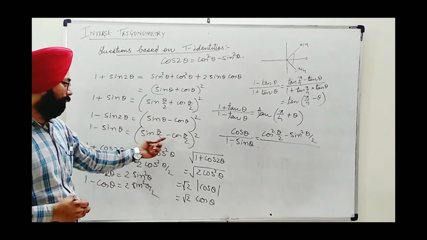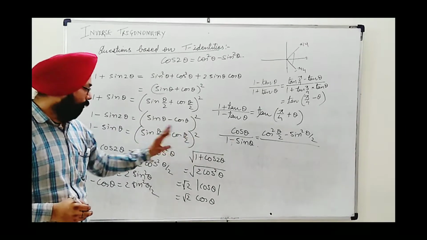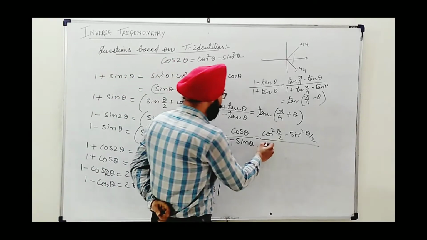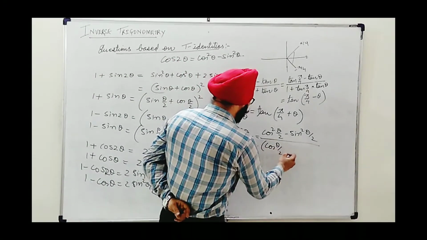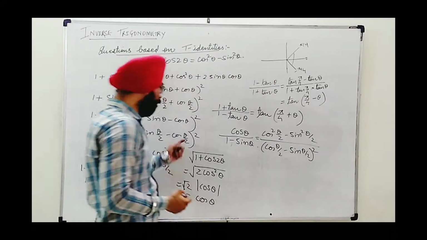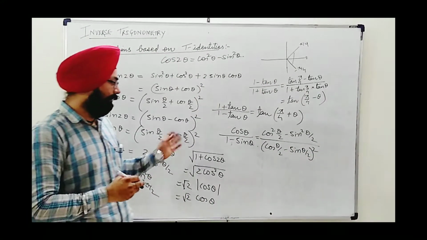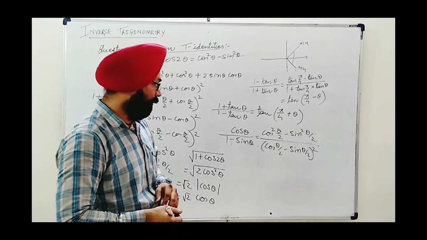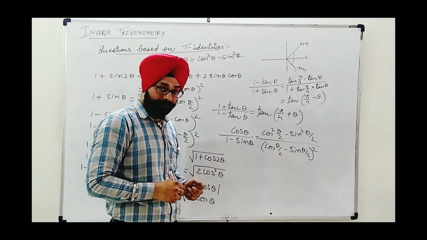So it is sin theta by 2 minus cos theta by 2 whole square. As this is a whole square, I can reverse the order and write this as cos theta by 2 minus sin theta by 2 whole square. As no condition is given, whenever there is no condition, we can write directly, and in a square it doesn't matter if we reverse the order. But how will this help us?